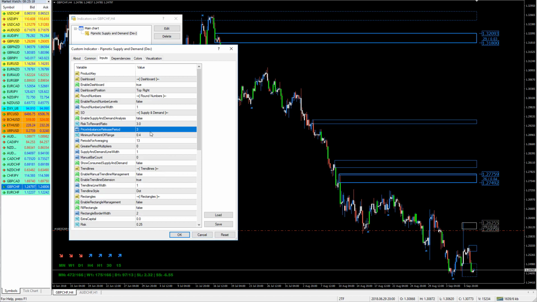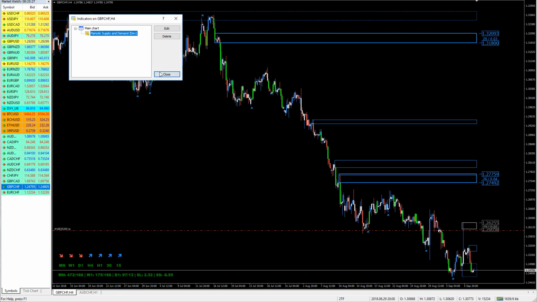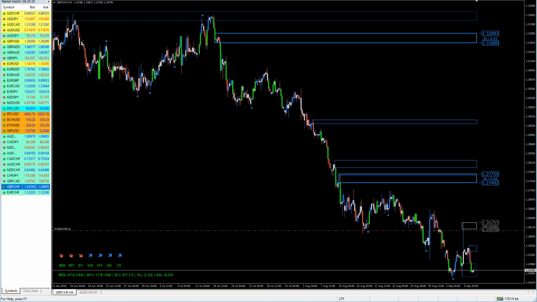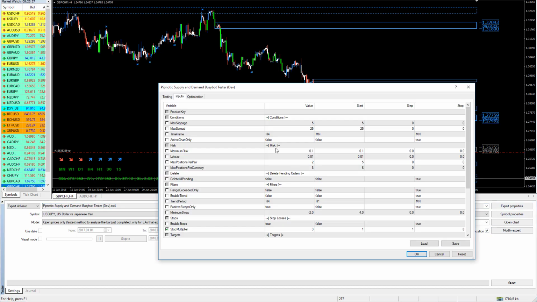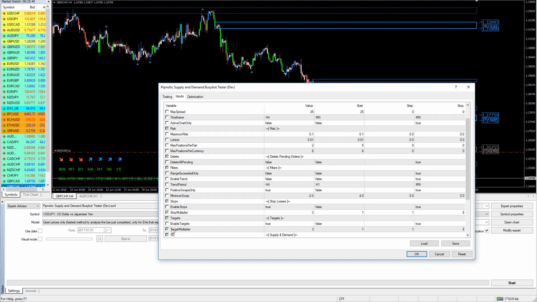I mean, the robot is also looking at this information. I'm actually doing the back testing using these settings, and I can show you that very quickly. If we go to the back tester here, you see we have this robot, the BusyBot tester. I can say optimize, and I can say expert properties, and I want it to look at